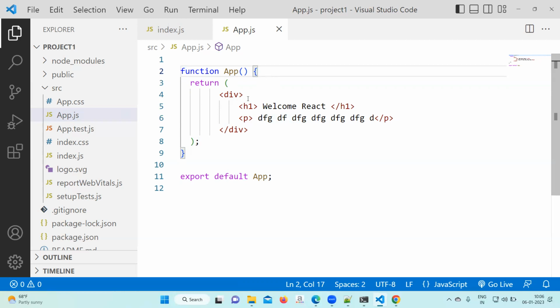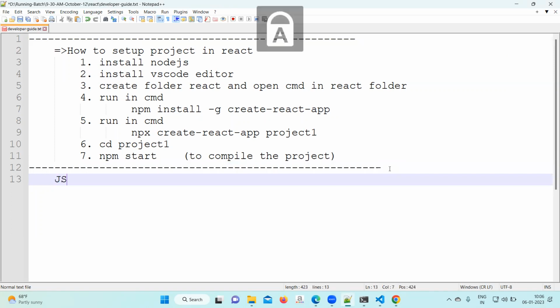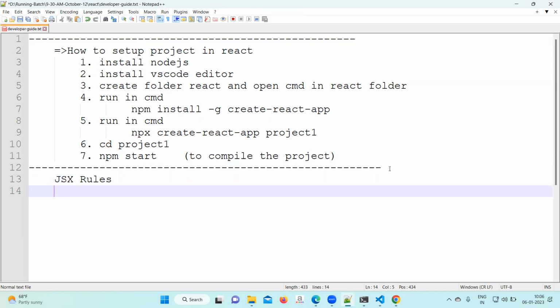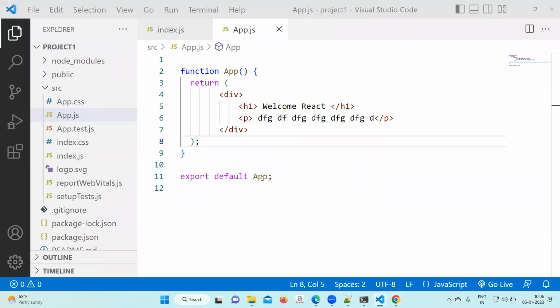Okay, next after that, come to your developer guide, the developer guide you have created. Come to the developer guide file, right, and inside write JSX rules. JSX rules: how to write the code of React. JSX is going to help you. Now, inside the JSX, what we are going to follow is